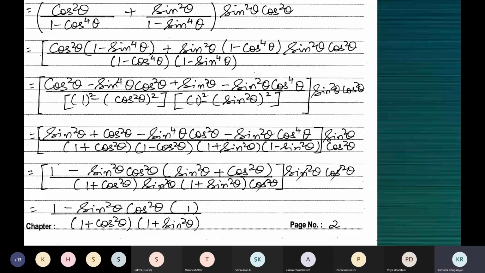So when you're manipulating the standard versions, we are actually squaring them or cubing them on both the sides. You cannot just, because 1 minus cos square theta is sine square theta, it doesn't mean 1 minus cos cube theta is sine cube theta and 1 minus cos theta to the power 5 is sine theta to the power 5. No, you should get it. You should get that result by squaring or cubing like that. Simply we cannot change the powers and write a different version of it. All right.